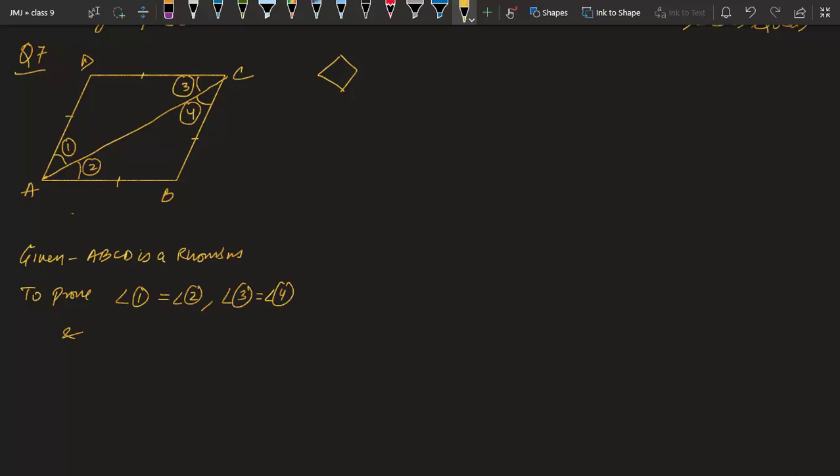If I prove this part, you can prove the second part on your own. Okay, you have to prove this also after the first part. Just let me show you. So 1 2 3 4, let me calculate 5 6 7 and 8. So we have to prove this also. Angle 5 equal to angle 6, angle 7 equal to angle 8. This you will prove on your own. Okay, I will just prove this first part.